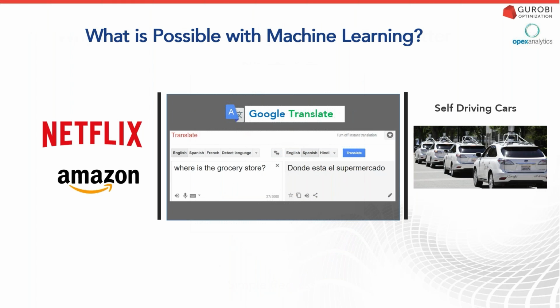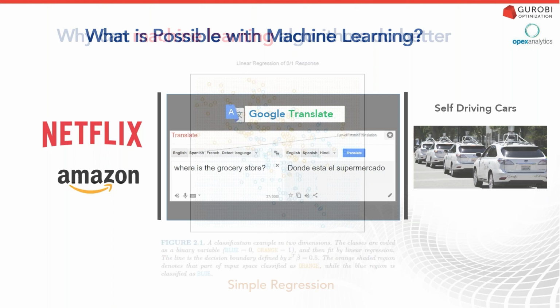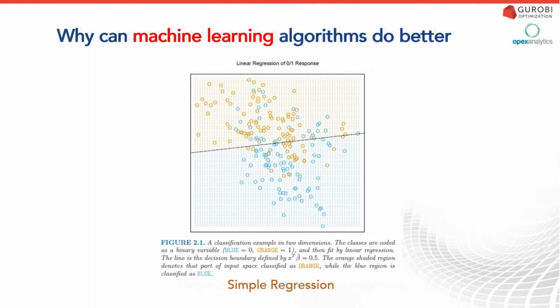The first thing I like to point out with machine learning is that it can span a wide range of different activities and different types of analysis. It can be anything from relatively simple things on the left, where Netflix or Amazon is making a recommendation to you, to everything on the far right, where machine learning is actually helping autonomous driving cars. So machine learning fits this whole spectrum. When people hear about it, they tend to think of one or the other. What I want to do, and I think you should do with the people that you work with too, is paint the broad picture. Machine learning is just a tool. It can be used for quick and simple analysis, and it can be used in more sophisticated ways to do very high-tech kinds of things.